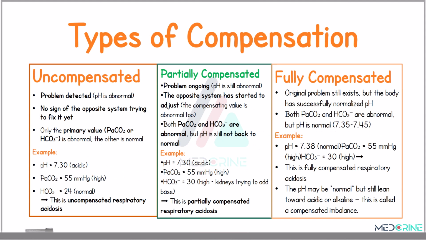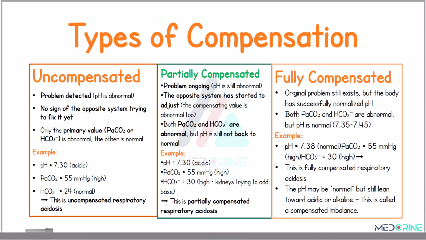So what are the types of compensation? We have three main types: the uncompensated state, the partially compensated state, and the fully compensated state. In uncompensation, the problem is detected, therefore the pH is still abnormal, and there is no sign of the opposite system trying to fix this abnormality in the body pH. Only the primary value of either the partial carbon dioxide pressure or the bicarbonate ion is abnormal, while the other